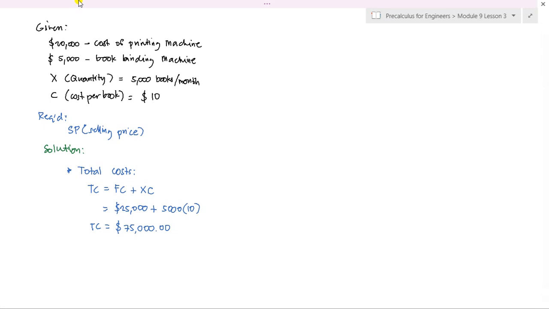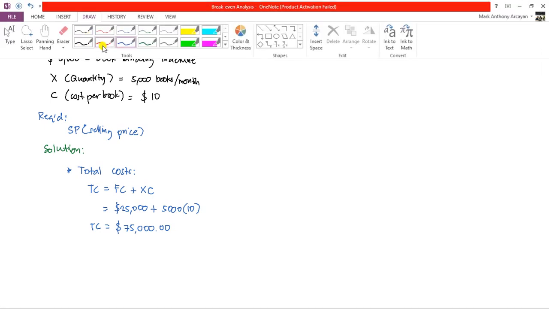And here, if you noticed, class, our total cost is not a function of the quantity. The quantity here is not a variable, it is known. So therefore, our total cost is not an equation but a constant value. That is $75,000. So next,